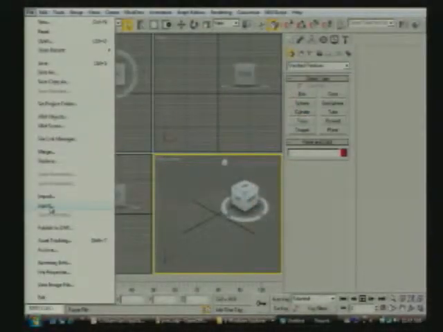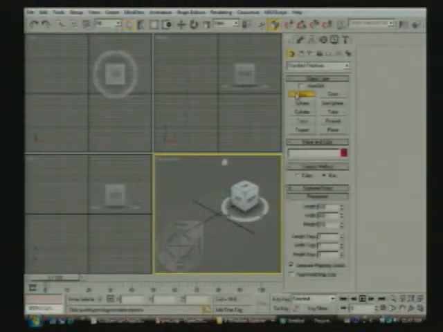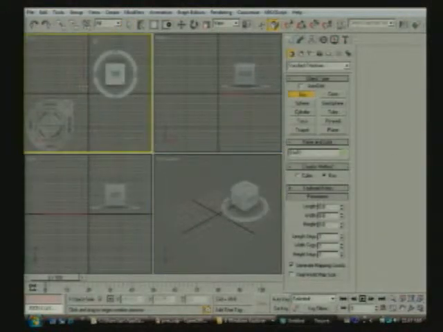All right, so the Max exporter, this is a little different than most Max exporters. Now, in the usual Max way of doing things, there's this link here for exporters. Our exporter doesn't actually appear there. If I want to create a model to export, what I do is I create the object, but then I